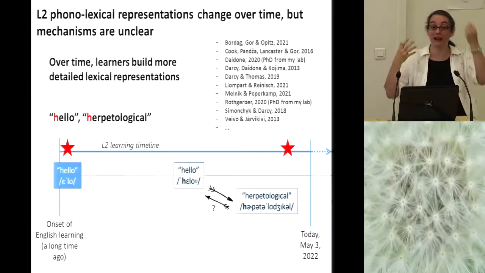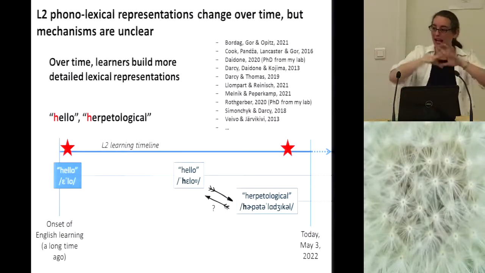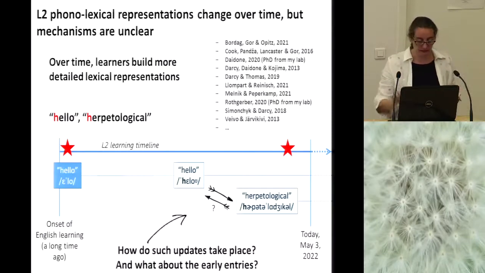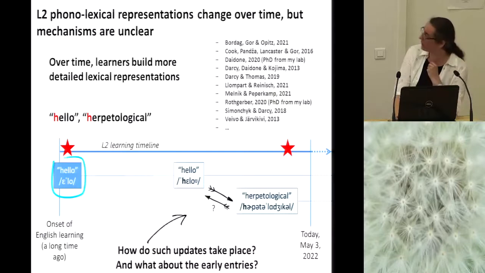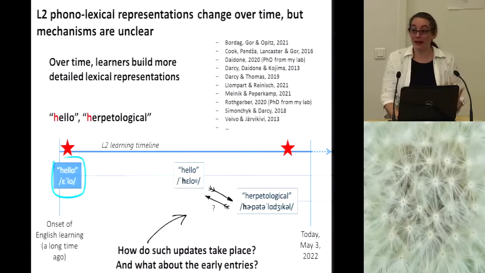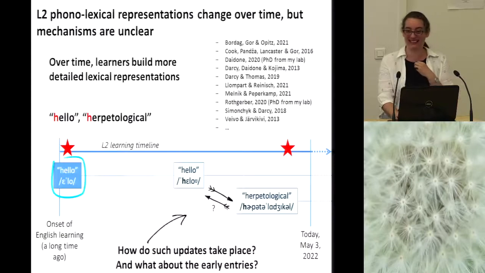Or did I correct hello because I knew herpetological? How does that work over time together with perceptual abilities? How do such updates take place? And what about this one? Do I still have this somewhere in my mind? Is this floating around like fish in the sea? Where is my hello? And the fact that I'm saying it 3 times here maybe is actually reinstating this representation